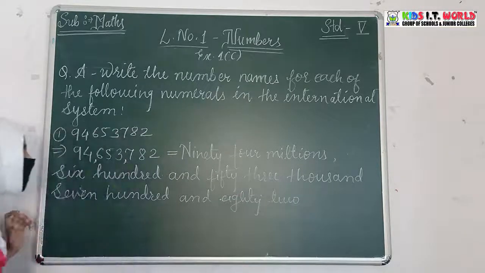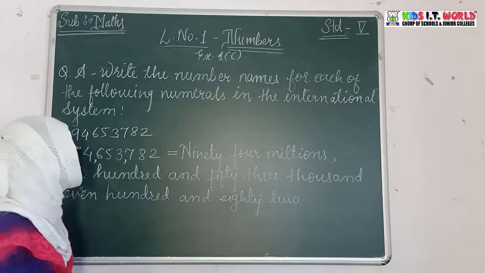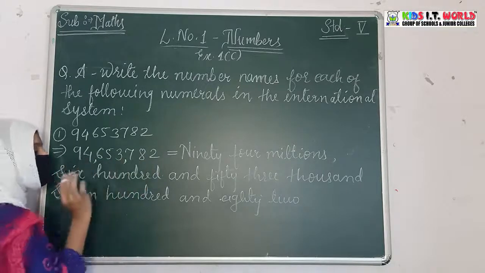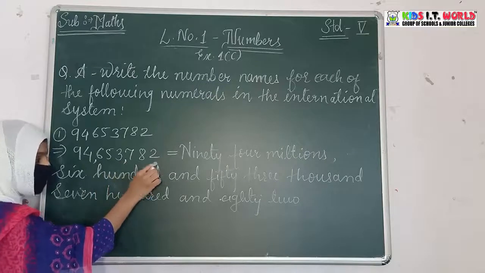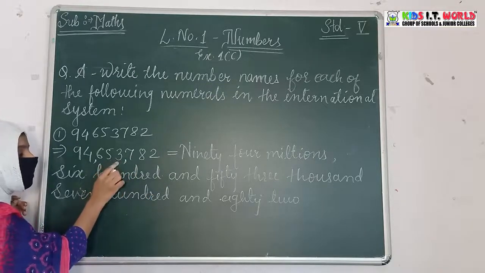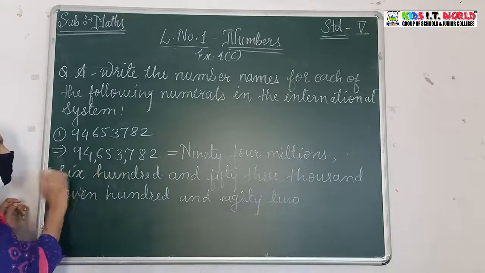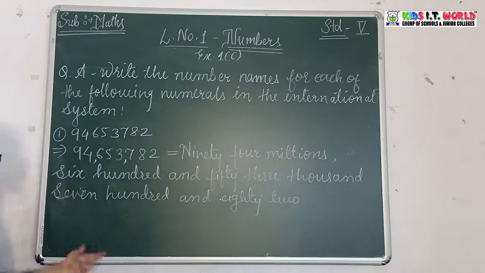So in this way, if the numbers are given to you, you have to write them in the wording form. Separate it by putting the commas. If you are not able to separate it directly, count it once: 10, 100. The first period is over, put the comma. Then 1000, 10,000, 100,000. Again the second period is over, put the comma. In this way, you will write the numbers and write them in the wording form with the correct spelling.